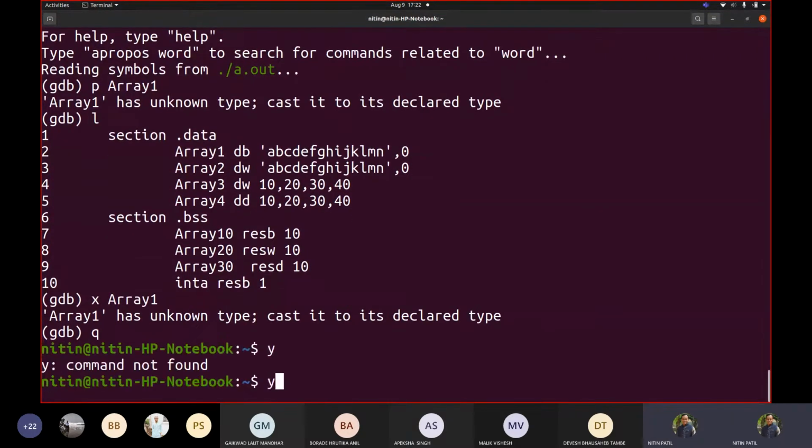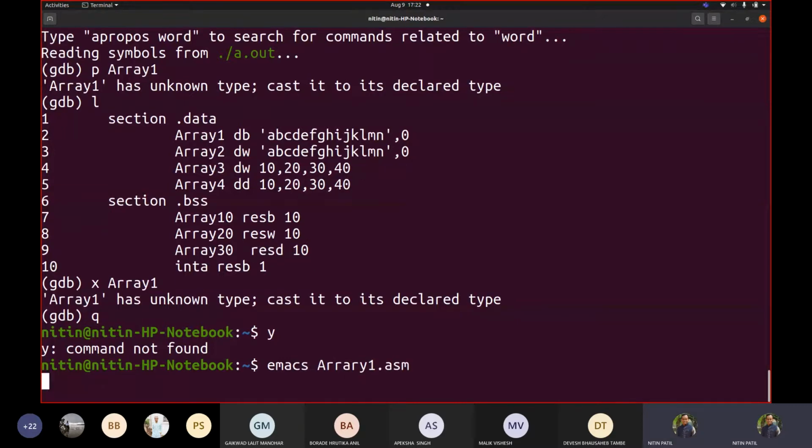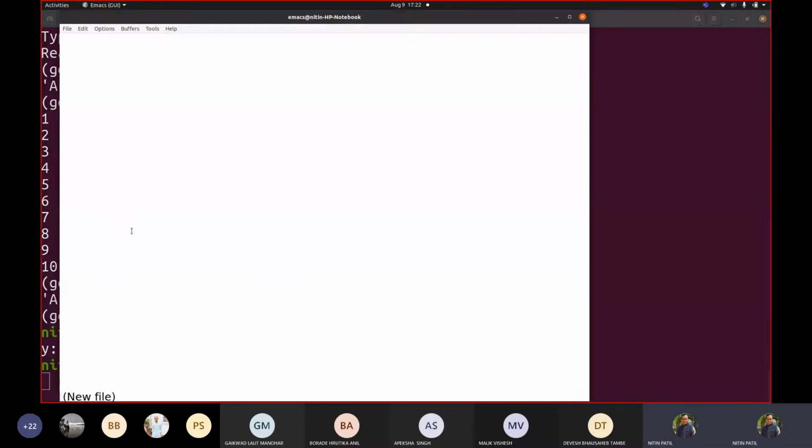So let us try this. Let us go to our code. Emacs array1.asm. So I simply will move that value.